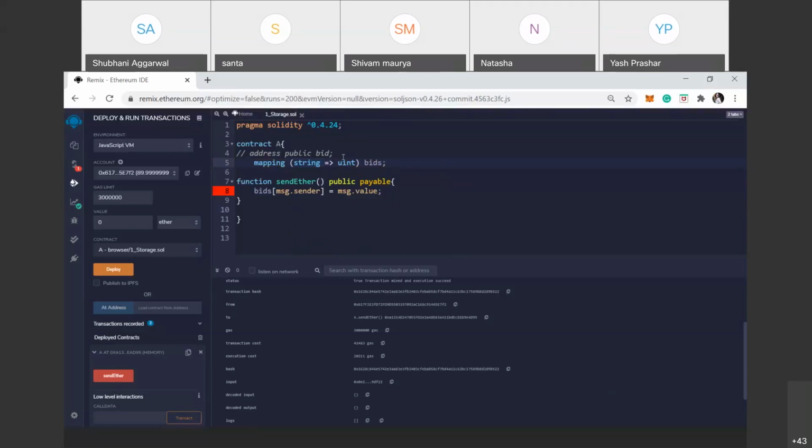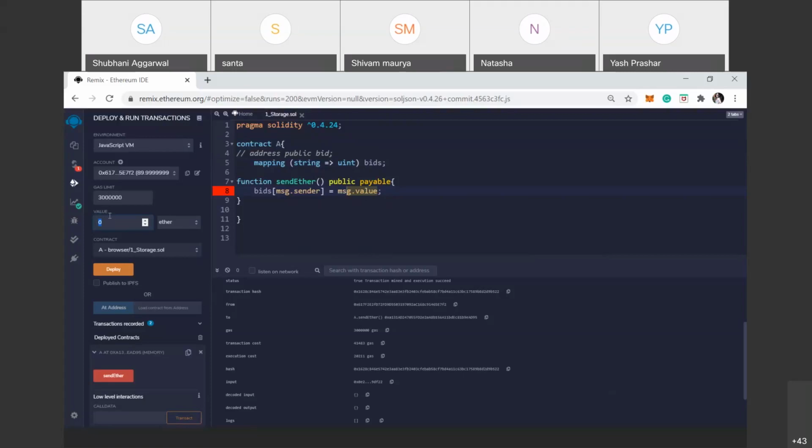Okay, ma'am, got it. And here, what is payable? Is it a function or a keyword? It is a keyword. The payable keyword is used if you want to send some ethers. If you use value, then it automatically includes this.